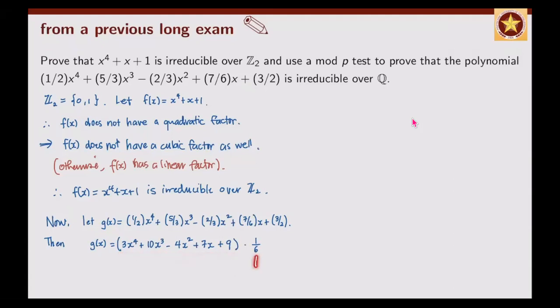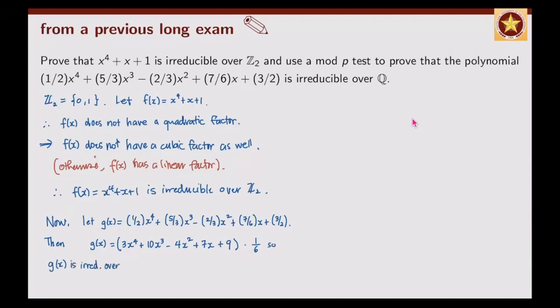Because it is a unit, it doesn't count; we don't count it as a factor. So if we show this is irreducible, it's the same as saying that g of x is irreducible. So let me just write here that g of x is irreducible